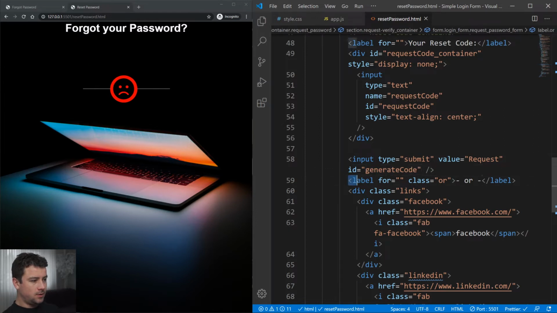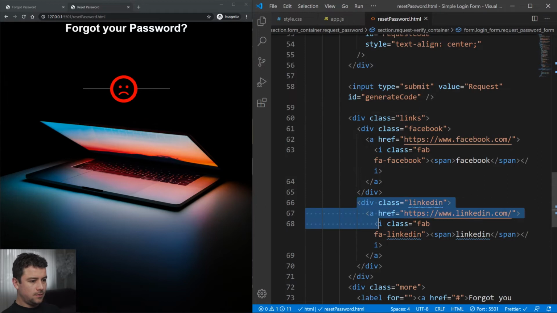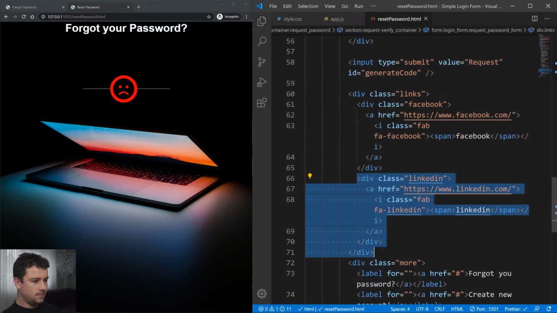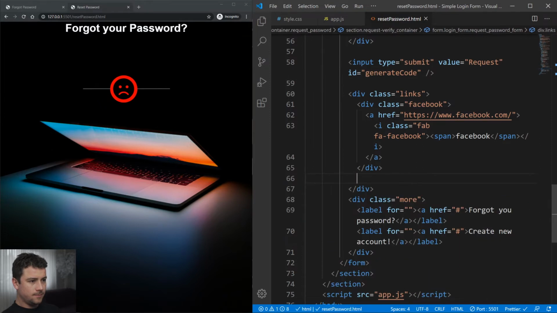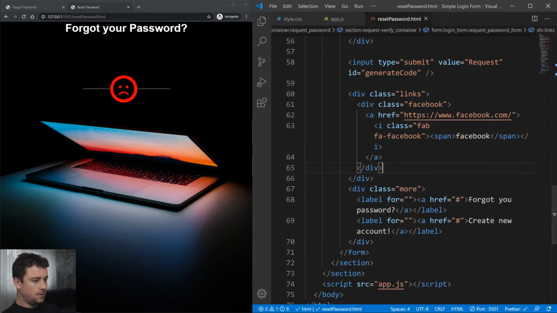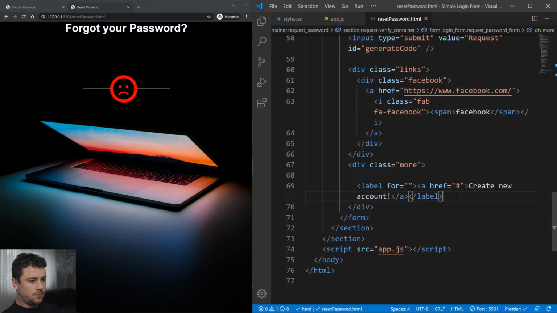Now we can actually take out this label and also take out this LinkedIn. So this div right here. And we'll take out the forgot password, and we'll only leave this in. So the create new account, and we'll link it then up to a create new account HTML, which we don't